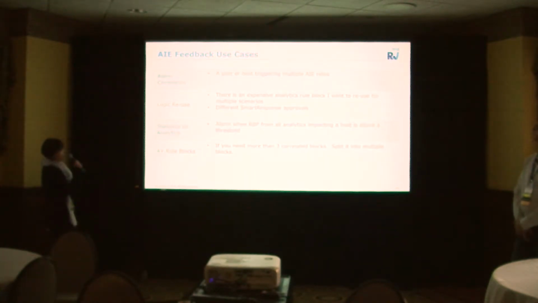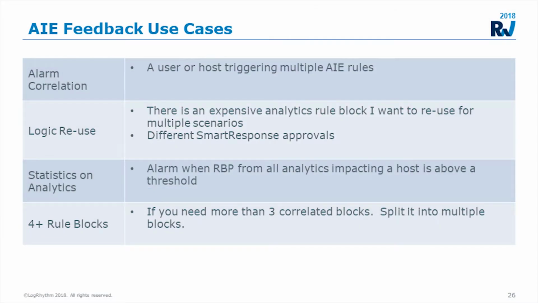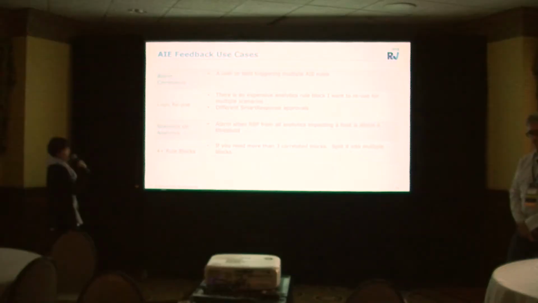Right, so the first one here is correlation. So it might be a user or host who is triggering multiple AI rules. One alone might not be actionable, but multiple triggered by the same rules or user might be something that you want to look into. We can reuse logic here, and this is going to be mainly for expensive rule blocks like some of the trend and some of the statistical here. If you want to use those again, don't run the same rule block again, just feed back that common event